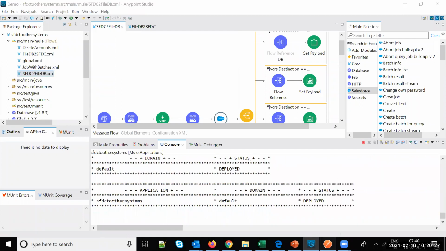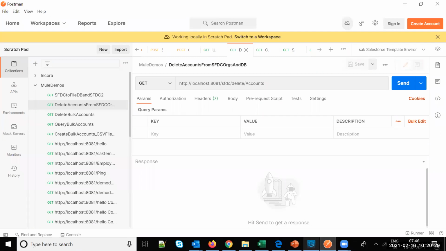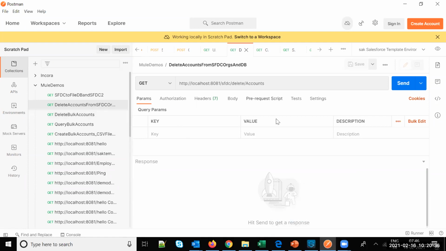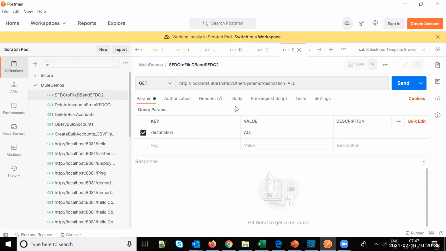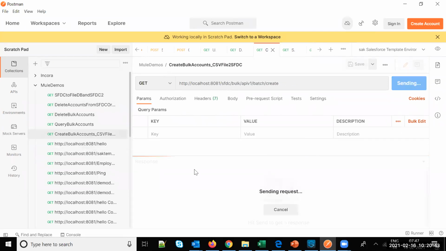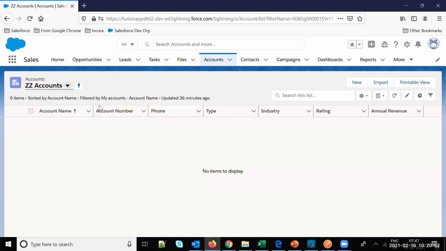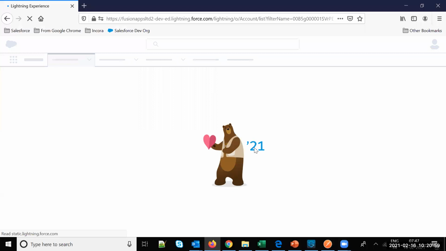Now, using Postman, since I've developed this application as an API, I'm going to run this API to read the data from the file and upload it into Salesforce. You can see here this list view is blank, so I'm just refreshing. 100 accounts should get uploaded into Salesforce.